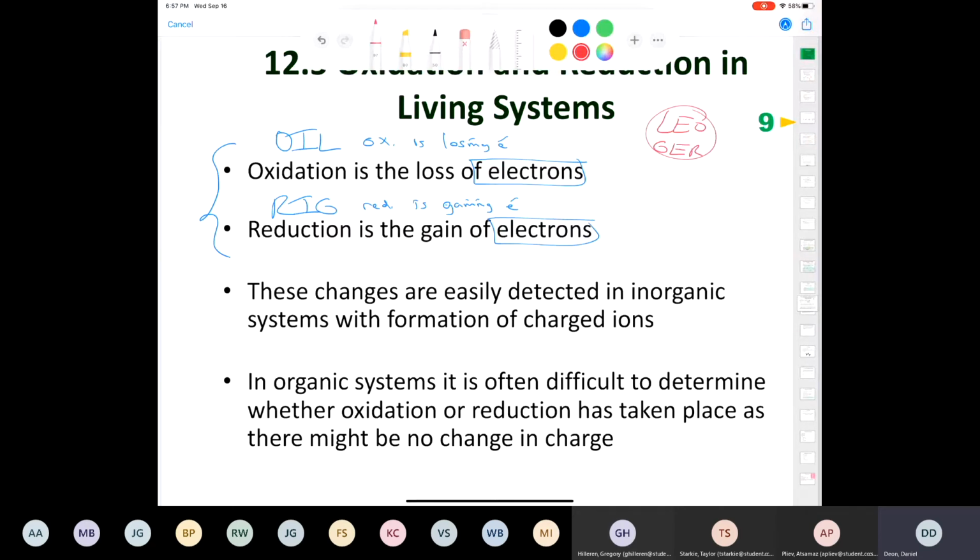Another version of it is, the Canadian version is LEO the lion says GER, which is lose electrons oxidized, gain electrons reduced. Anyhow, these kinds of changes where we start counting electrons, you probably did that in Chemistry 101 if you took it at PPCC. These are usually done in inorganic chemistry, okay? When you have ions, right? If you think about taking a sodium, right? If you have solid sodium and you get a sodium cation plus an electron, well, we call that oxidation,